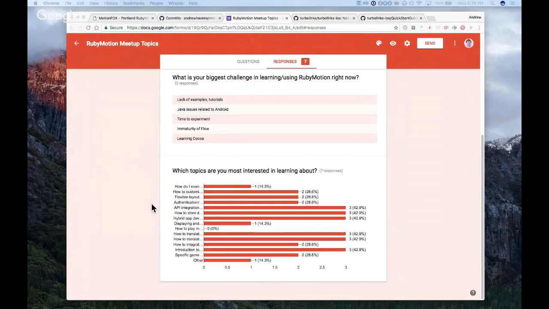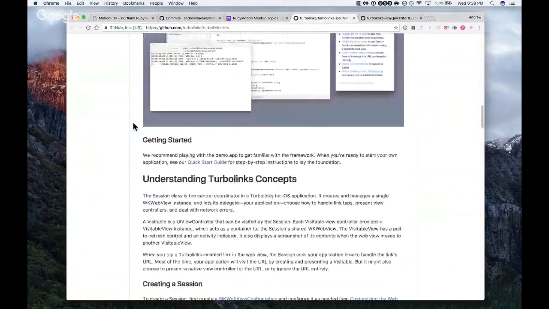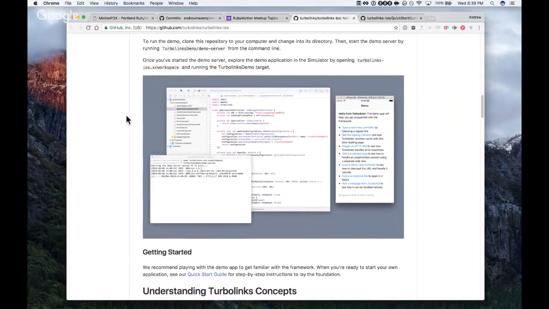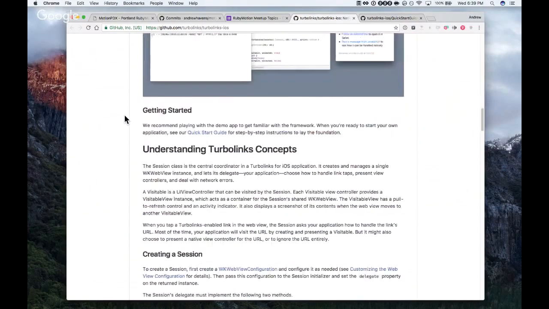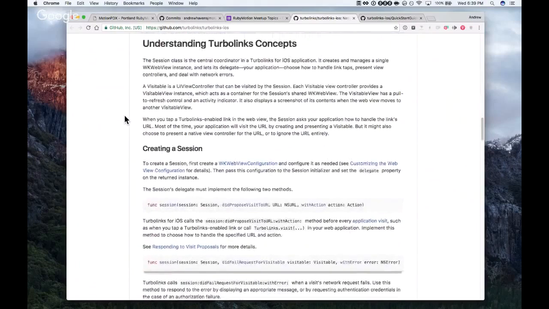There is this framework called TurboLinks, which has a native iOS implementation, but it's written in Swift, which means we can't use it in RubyMotion. But I was thinking we could take a stab at converting some of that to RubyMotion to be able to try that out. That would be interesting to see, converting a Swift library into RubyMotion.